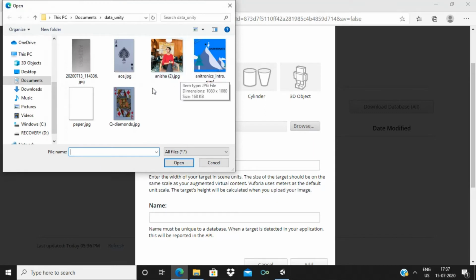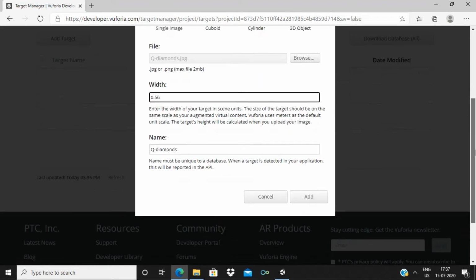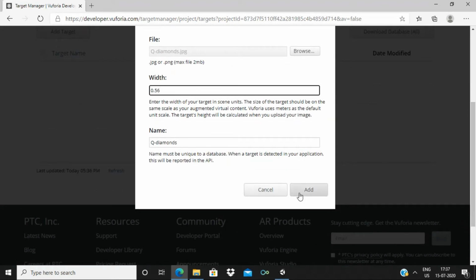This is one target of mine, so open it, and we need to mention the width of our target also. It will be approximately 5 to 5.6 centimeters, so I'm giving it as 0.56. Here it takes 1 meter as 1 unit, so I've given it like that. And now add.